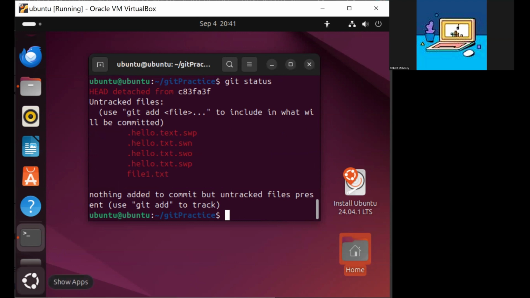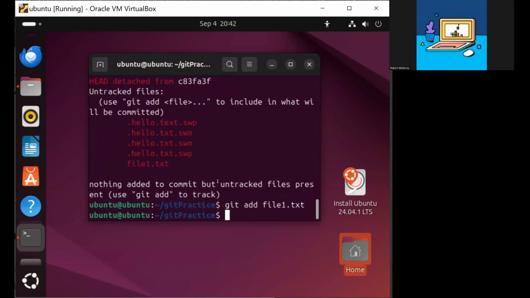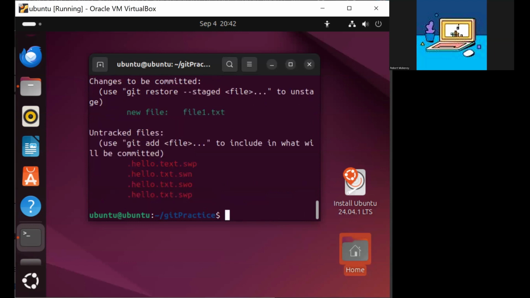And so if I wanted to add this file in, I could use git add file1.txt. And then if we do git status again, we can see that it's added and ready to be committed. It is now tracked by Git. So then we want to commit it. So we can do that with